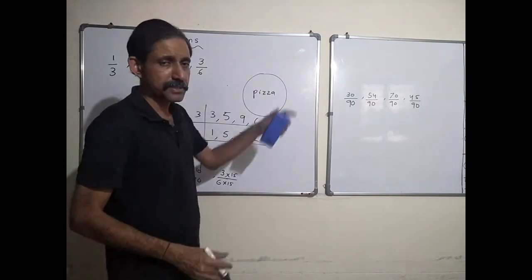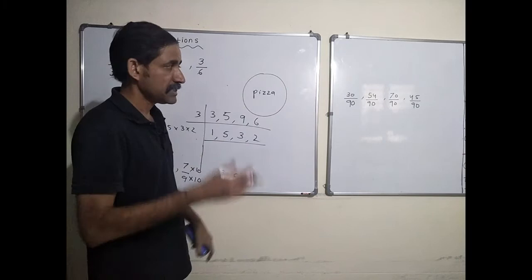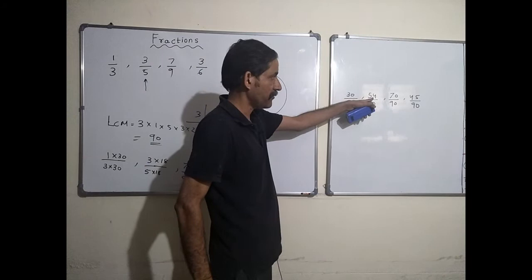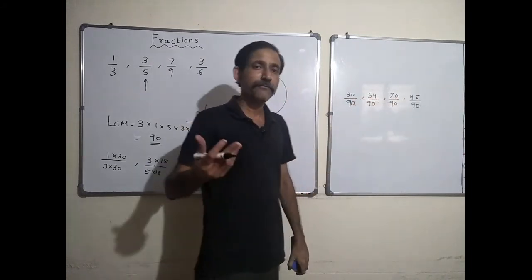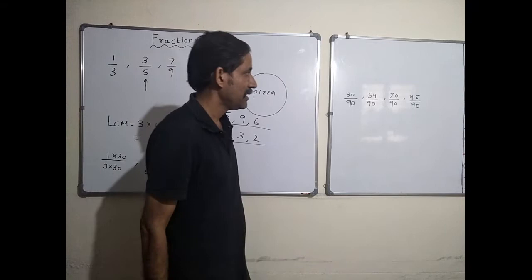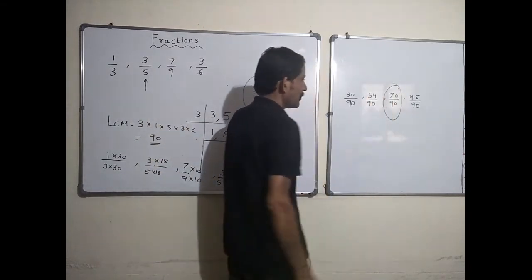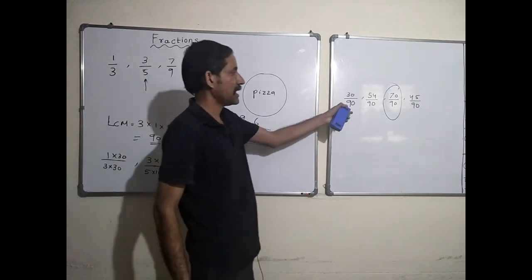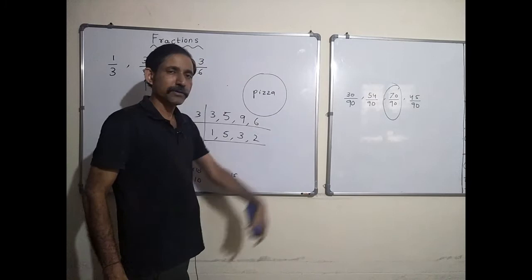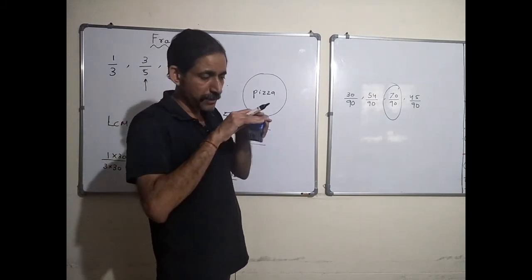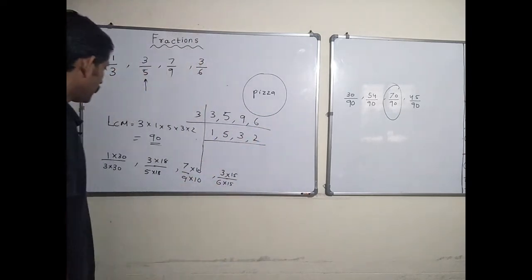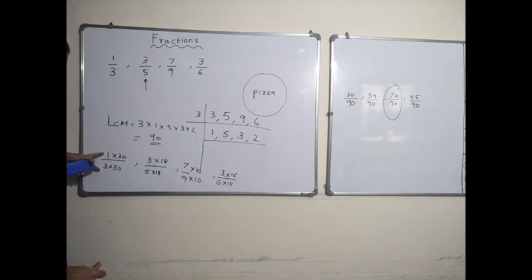Now what this essentially means is, if the pizza is divided into 90 pieces, one day I get 30, another day I get 54, the third day I get 70, the fourth day I get 45. So which day did I get more? This is the one. You got the point, right? Each day you divide into the same number of pieces, that is 90, and then it's very easy. On 90 I got 30 on the first day. So that's why we need to make the denominator the same, make it a like fraction and ensure that it is equivalent. It does not change the meaning, right?